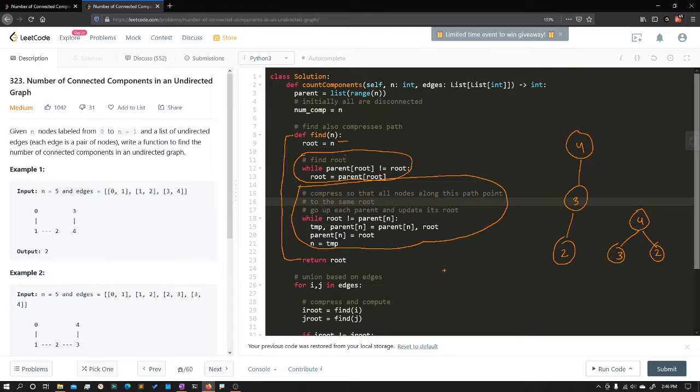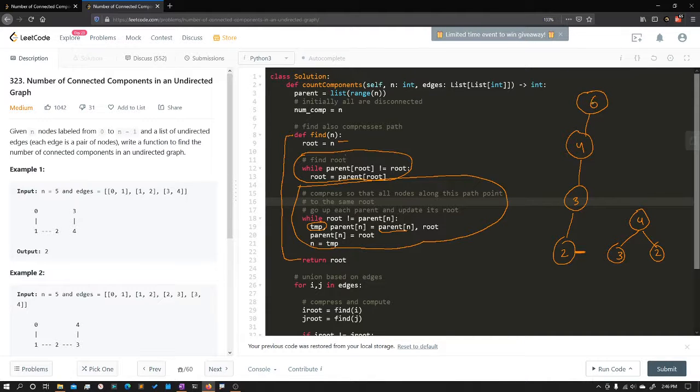That's what we're trying to do here. So while the root is not equal to parent of n, and n is whatever node, we start from the bottom here, and we say, okay, I'm going to make this point to 4, but before I do that, I'm going to save the current parent so that I can also update that parent. In this case, that's really a no-op because it's already connected to 4,